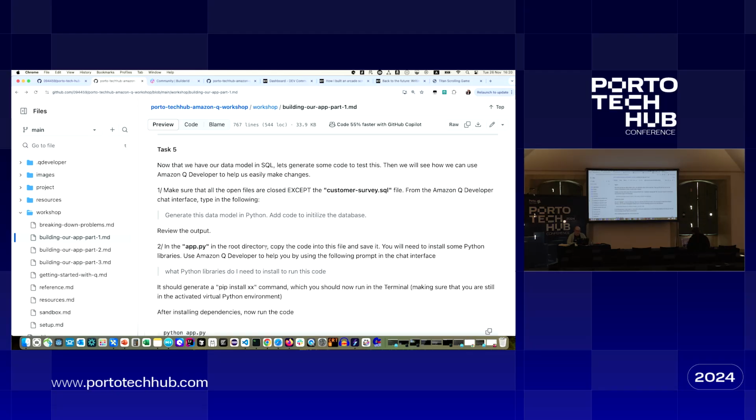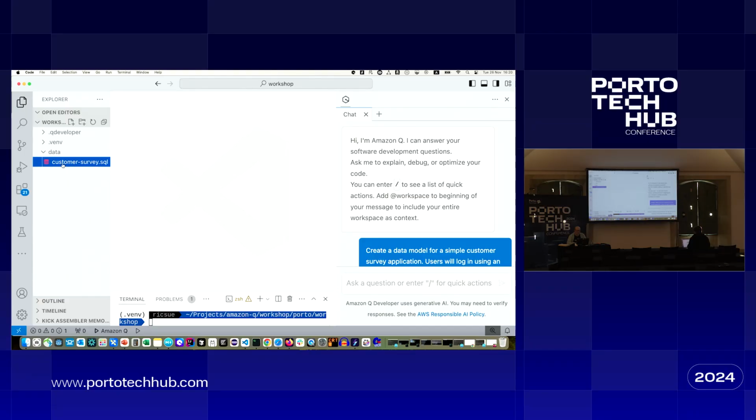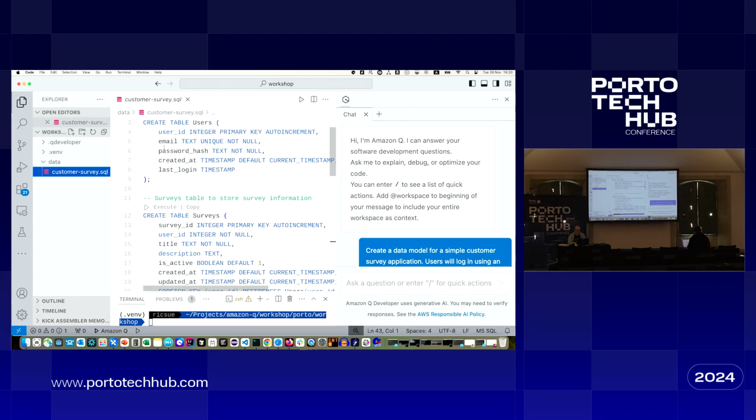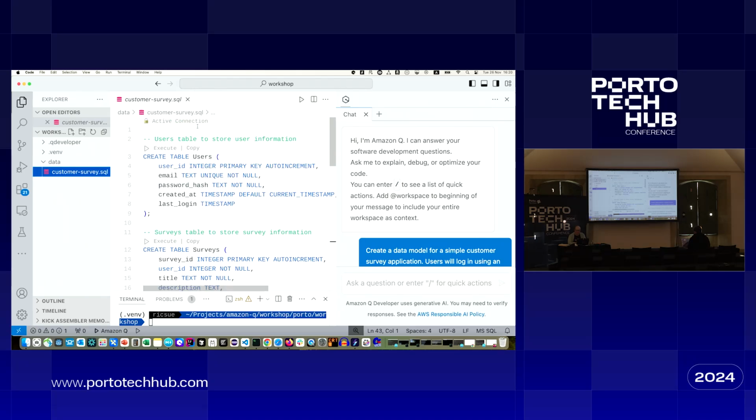In the next task, what we're going to do is take this code and show you how context works. One of the key things about how all the AI coding tools work is that they tend to have a preference for the file that's currently open in the IDE. So I'm going to leave the customer survey SQL open